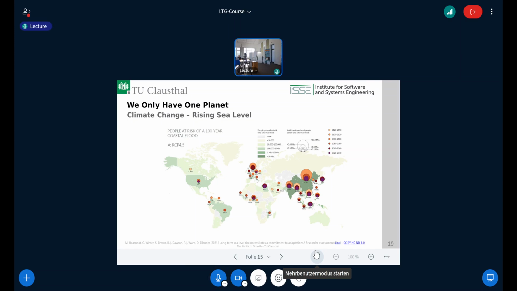Rising temperatures are causing glaciers to melt, not just in the mountains, but also at the North and South Pole. Ice is melting, and melting ice has to go somewhere. The sea level is rising. And of course, it's only a few centimeters, millimeters by normal standards, but once again, it is exaggerated or multiplied